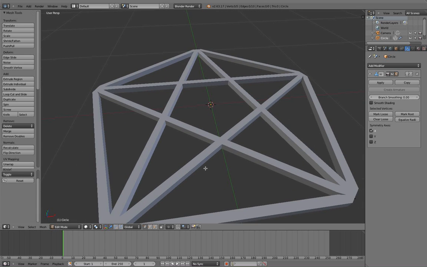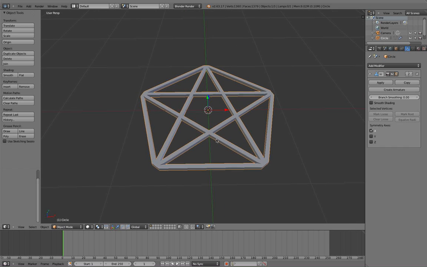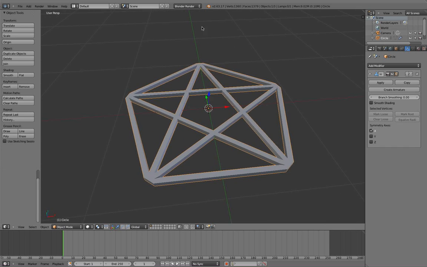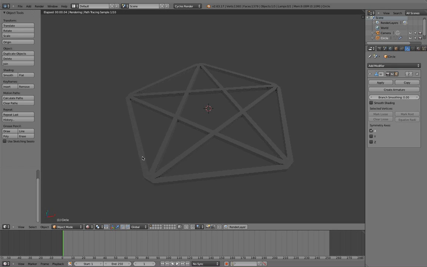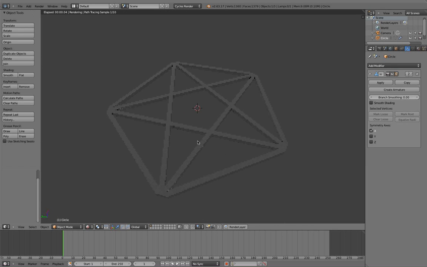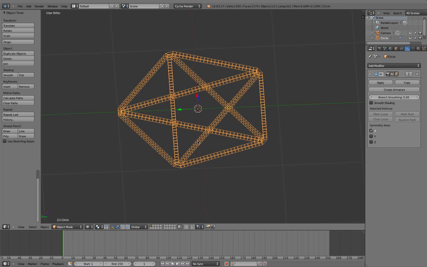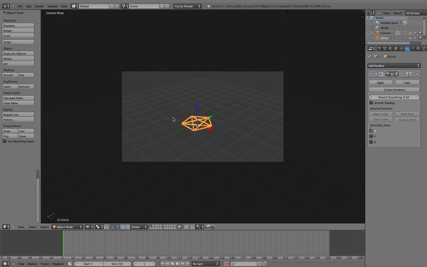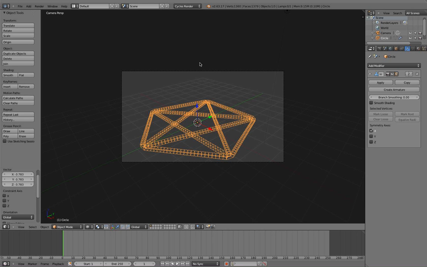And because we're using cycles, if we go ahead and tick into our cycles rendering engine and go over to rendered view, it will render out okay. Now the reason this won't render out in the Blender rendering engine, if I just go ahead and scale it up some and change our rendering engine to Blender render,